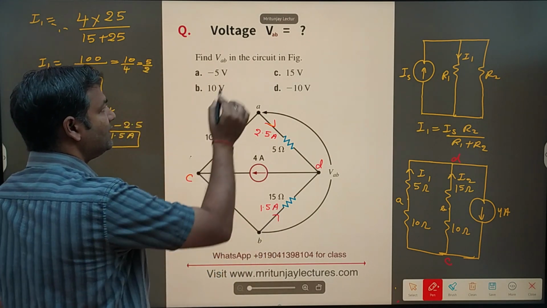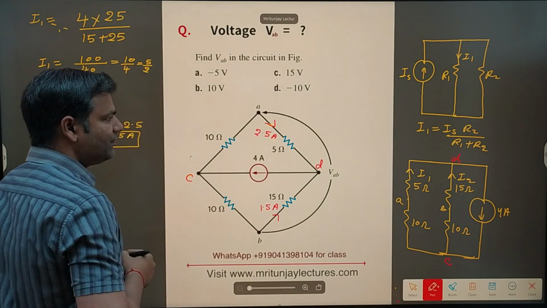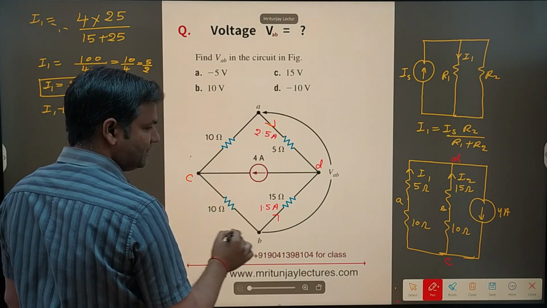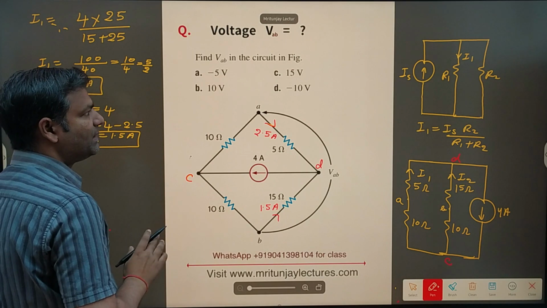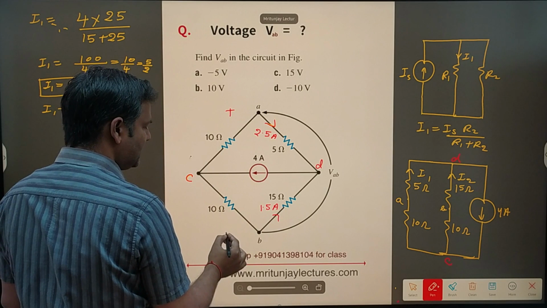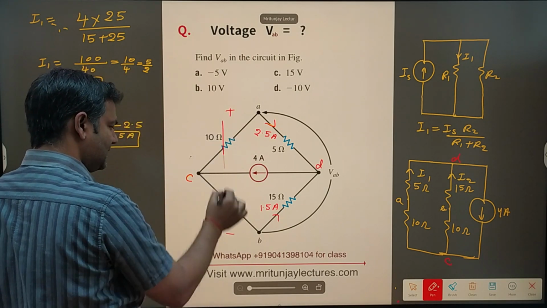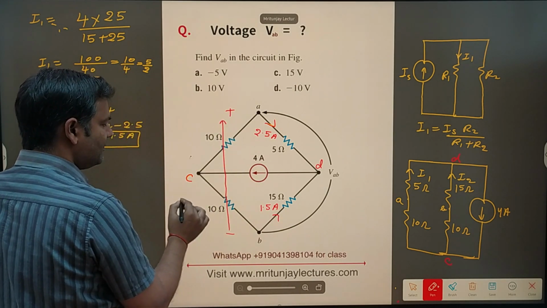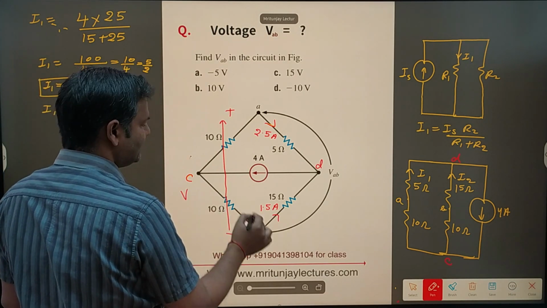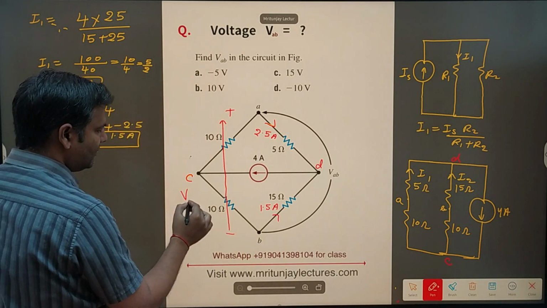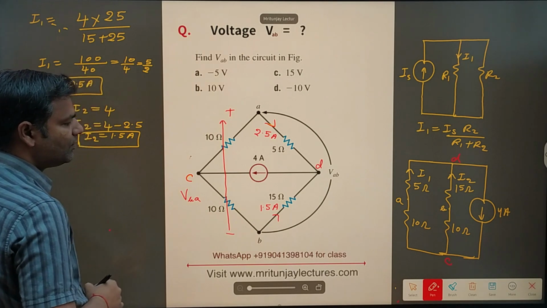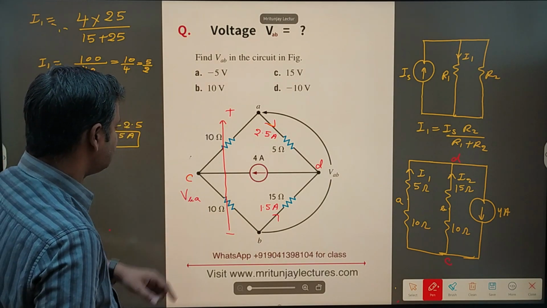Our motto is to determine V of AB. So V of AB means that is VA and that is VB. So how can we determine V of AB? Now look, if this one is the positive terminal, that one is the negative terminal. So that one is written as V of BA. Minus to plus, minus VA